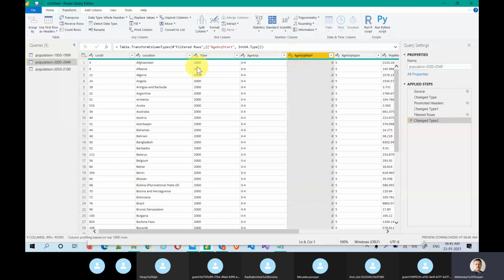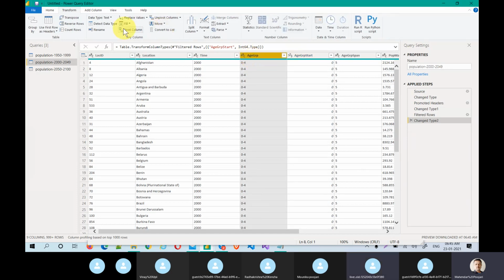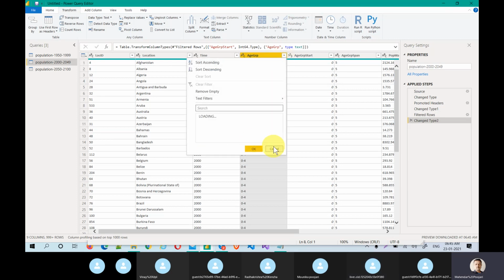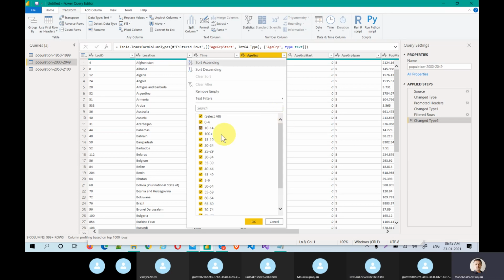But I asked to detect all of them, and at that time it was not detected because some other data might have a problem. Now, let me ask to detect this also. This is not detected because there could be some issues. So load more data. See, there are issues.